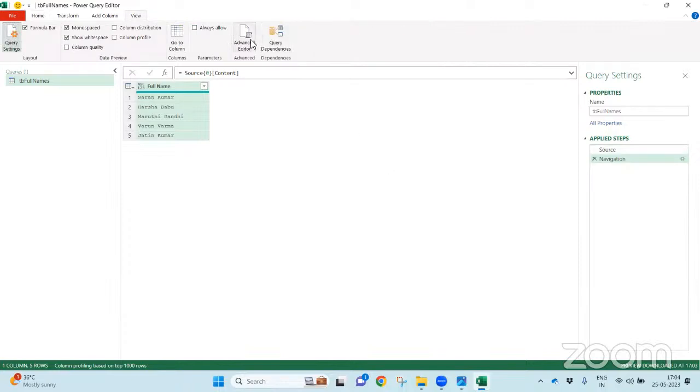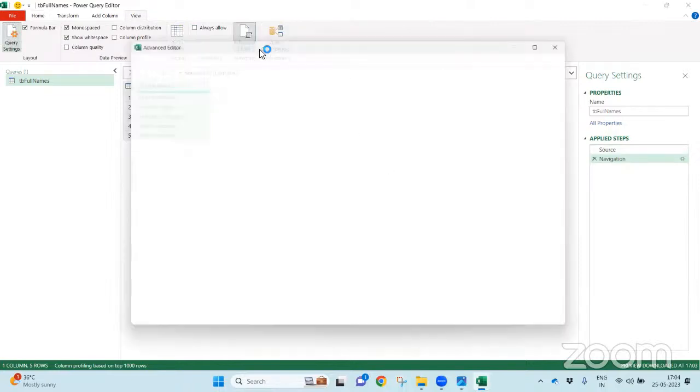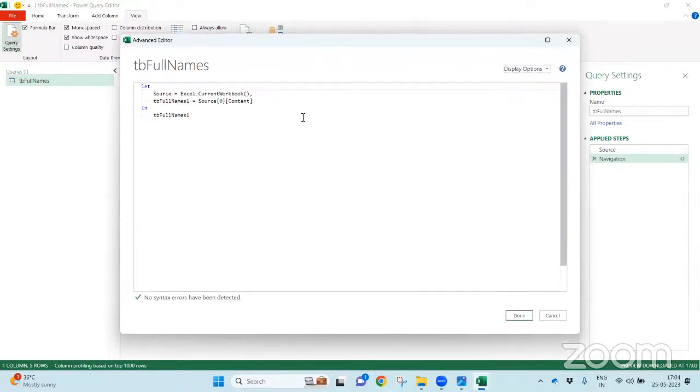Now let's go to the view. Now let's go to the advanced editor. This advanced editor will have all the steps for this particular query. Whatever you find in the blue color, these all are the reserved words. You can find all the steps. Source is a variable. In this variable, I'm storing a table.